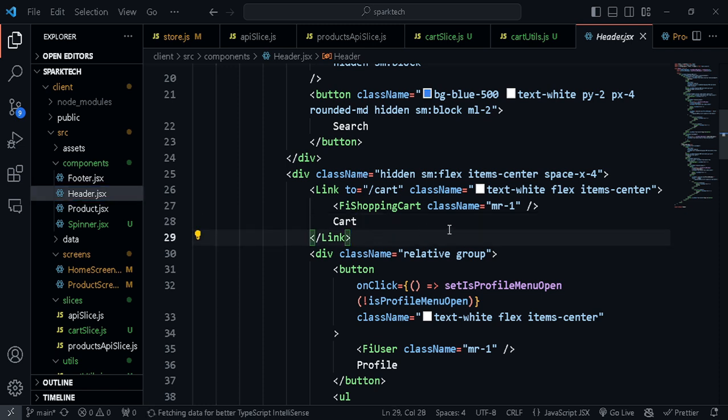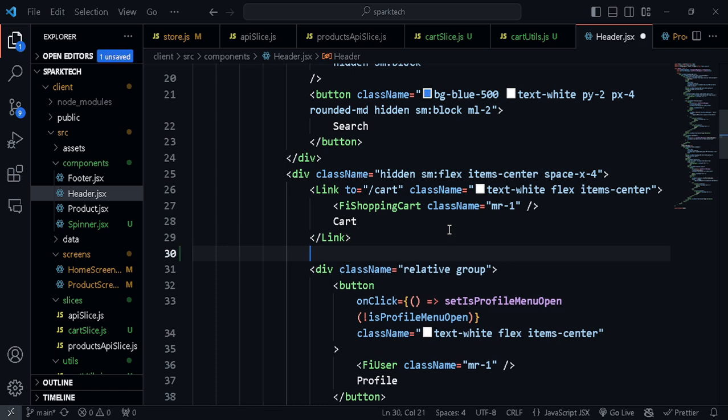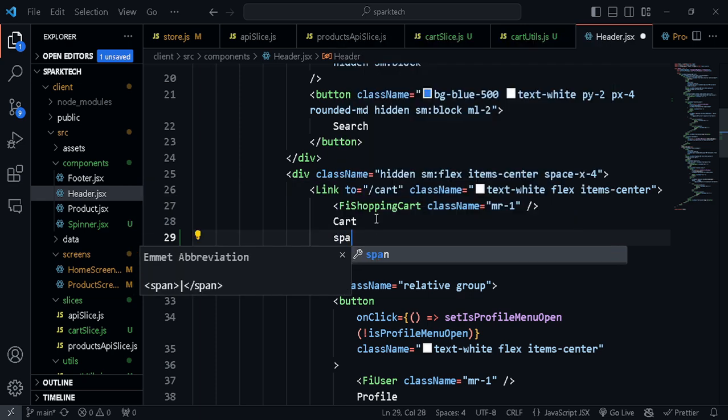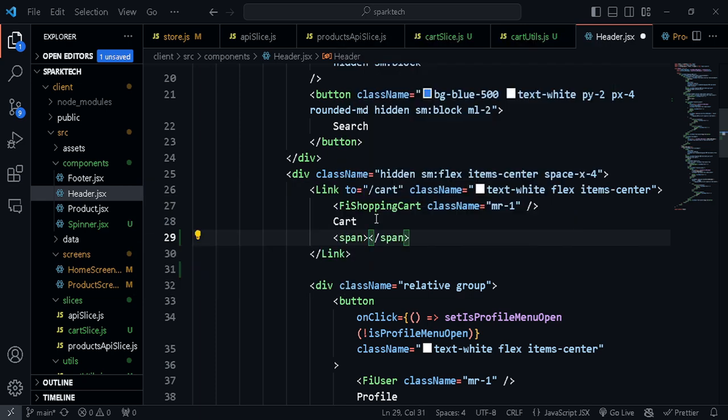Okay, and over here let's put in a span tag. Okay, since span is an inline element, so it doesn't take the entire width. Okay, so let's do that. Let's actually go here and create a span tag. All right, and I am going to interpolate the value of, okay, cart items dot length. Okay, so first of all we need to get in the cart items, so let's leave that blank for the moment,